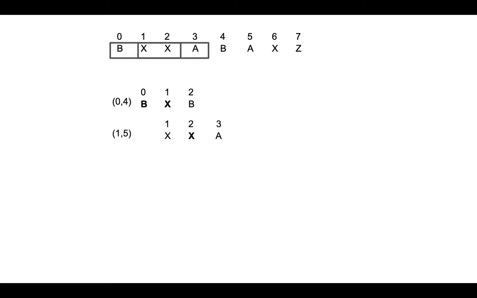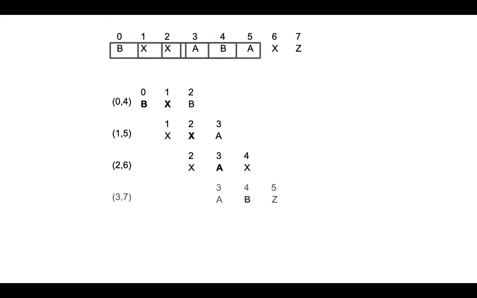Next, for another window, the string is XXA. Now check X with A, both of the characters are not equal, so that means this window is not forming a palindromic subsequence. Let's take another window and check whether X is equal to the character at position 4, which is equal. So that means this window is forming a palindromic subsequence.